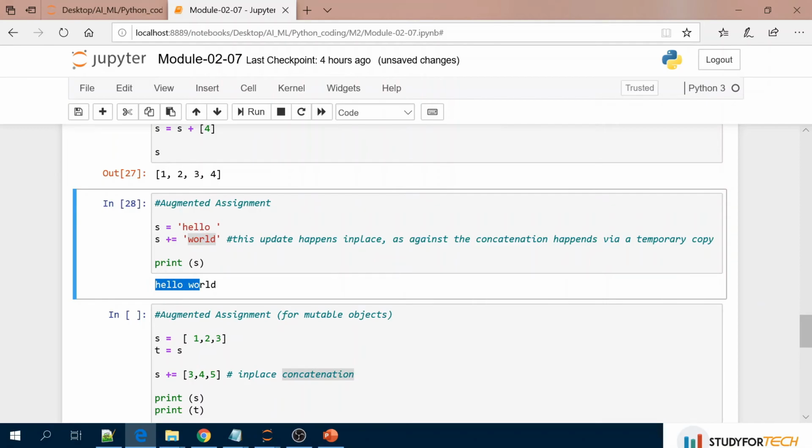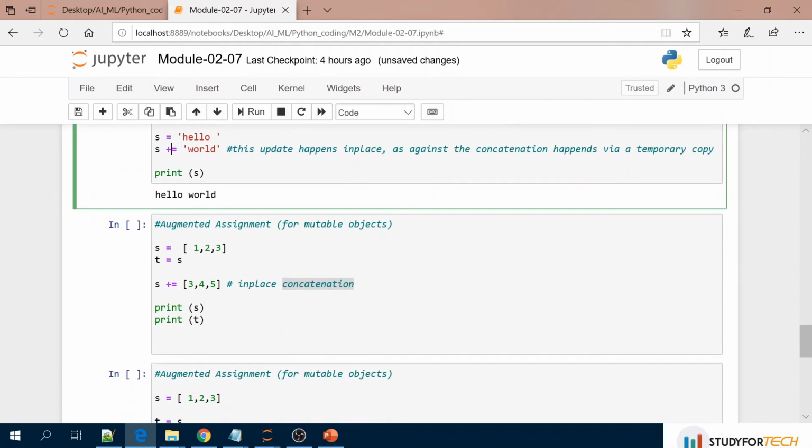So this update happens in place, as against the concatenation happening via a temporary copy. So what is actually happening here? Here it will be changed in place. A new temporary copy will not be created and then assigned back to s. Here in the same memory location it will be added.